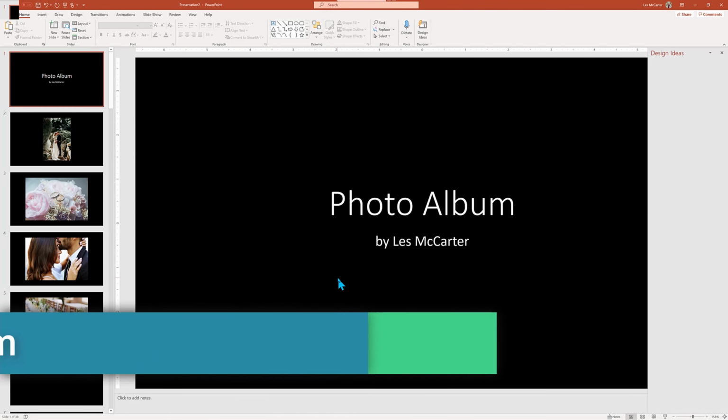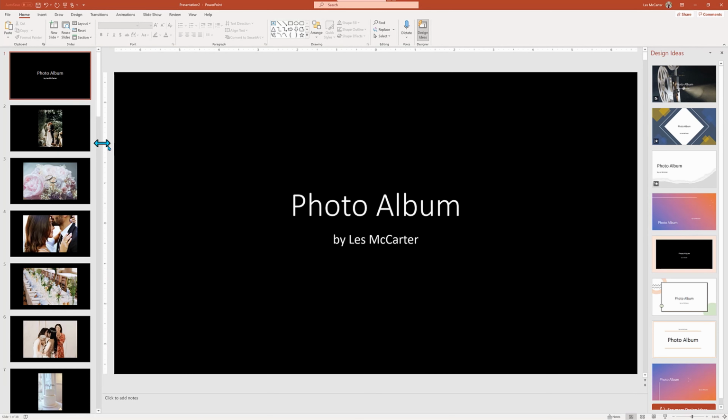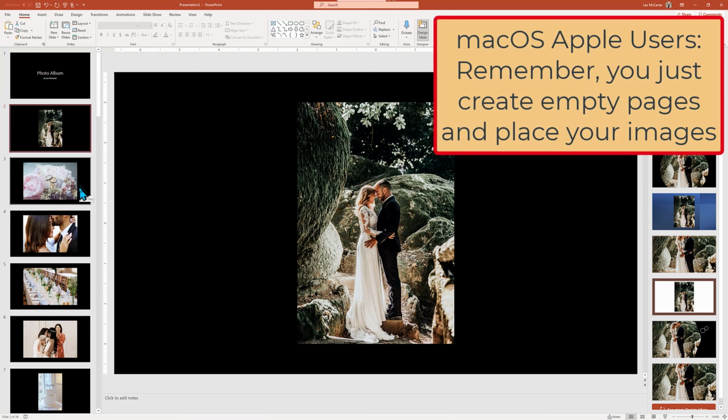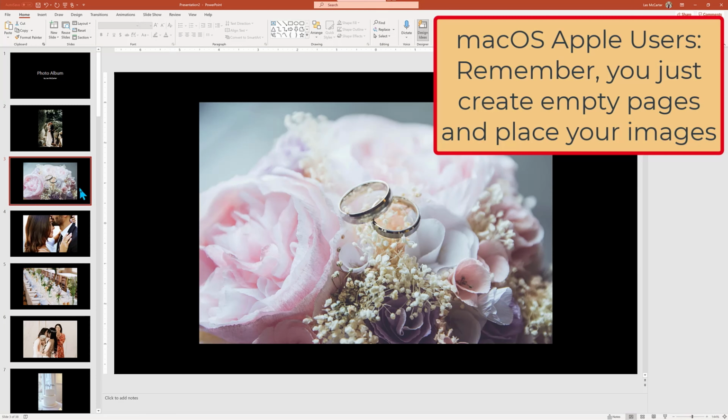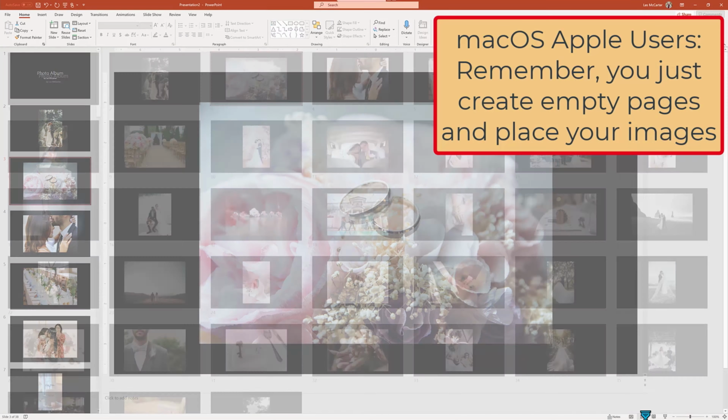The Windows PowerPoint album insert brought in our 37 photo slides plus created a default title slide, but with a dark black background, something we're about to fix. If I switch this to slide sorter view, we can see them all perfectly centered, one photo per slide.